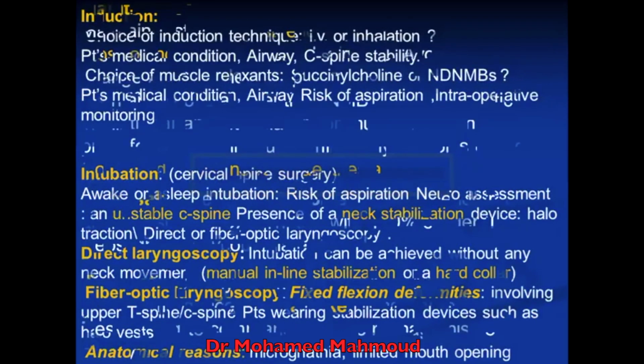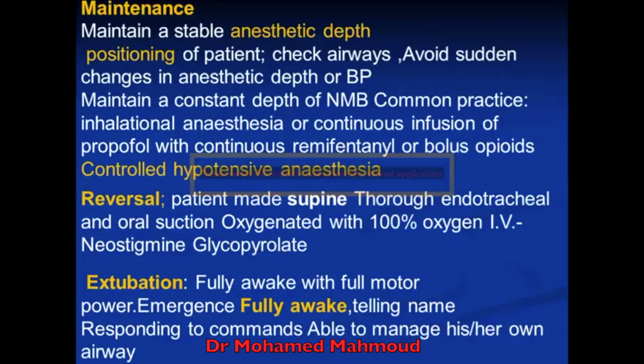Maintenance of anesthesia. We can maintain a stable anesthetic depth with inhalation anesthesia and maintaining normal blood pressure. In positioning of the patient, check airways, avoid sudden change in anesthetic depth or blood pressure, maintain constant depth of neuromuscular blocking, inhalation anesthesia or continuous infusion with propofol,